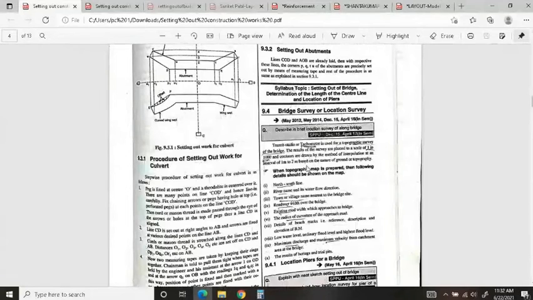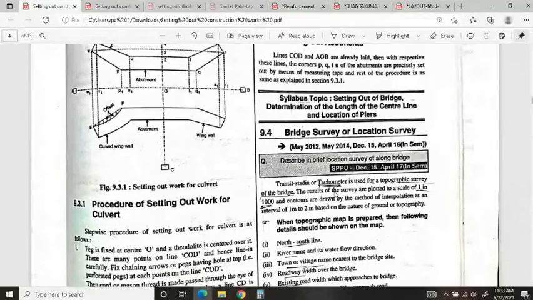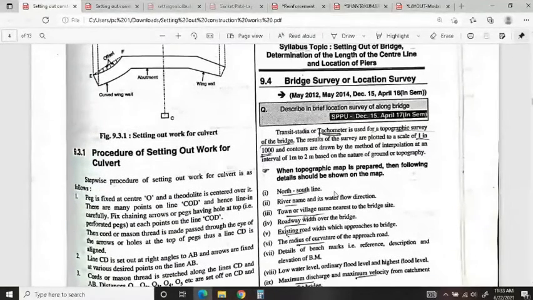I was explaining about the bridge survey or location of the bridges. Transit study or tachymetry is used for a topographic survey of the bridges. You know what you mean by tachymetric survey, with the help of the stadia hairs. The results of this survey are plotted to the scale of 1:1000 and contours are drawn by the